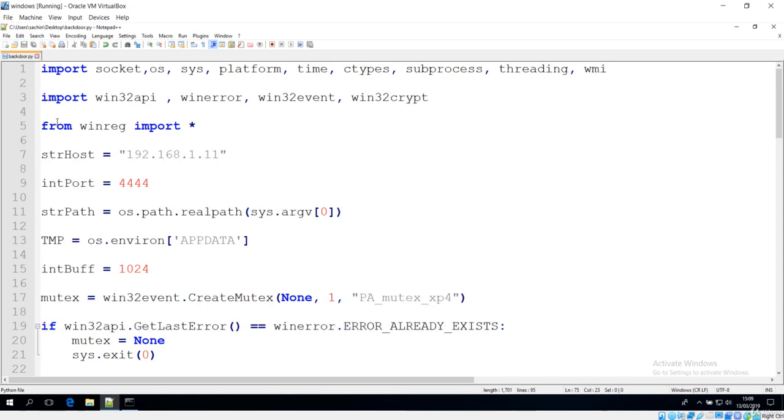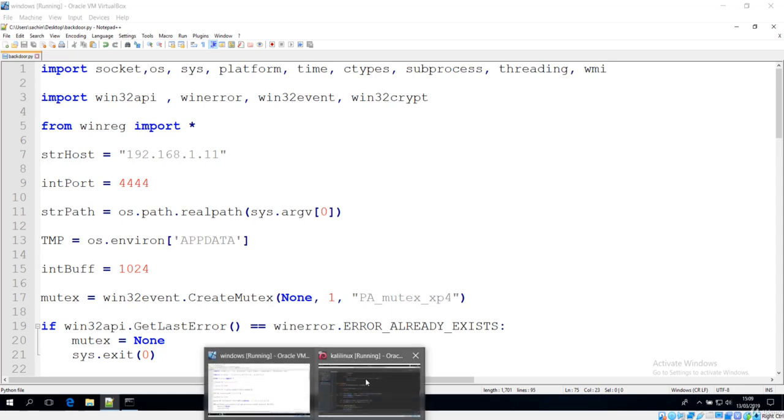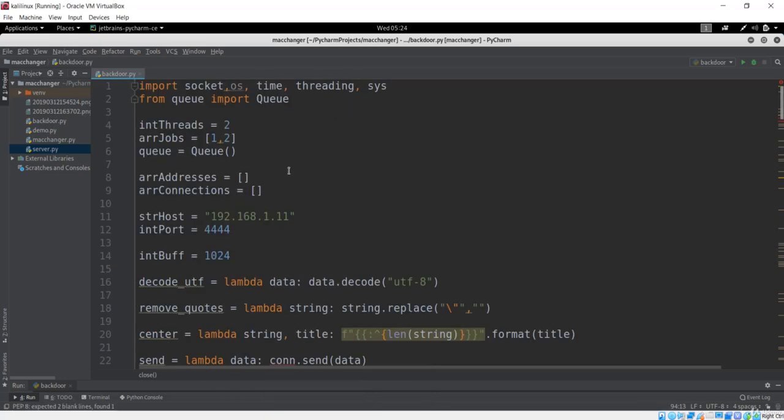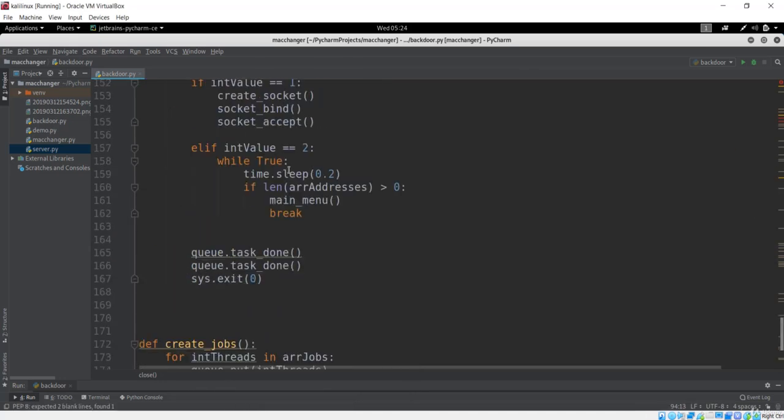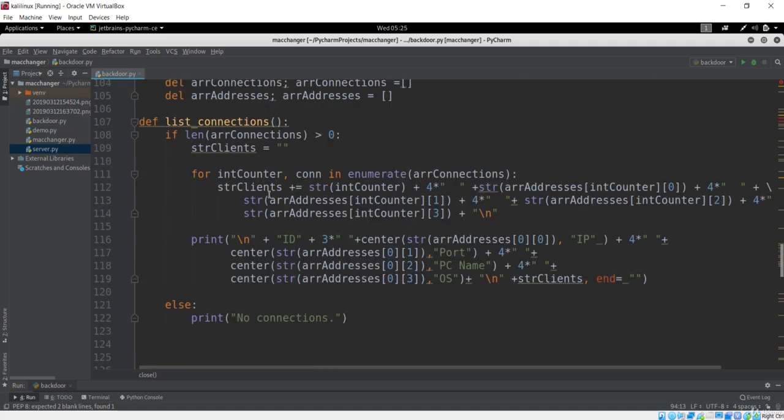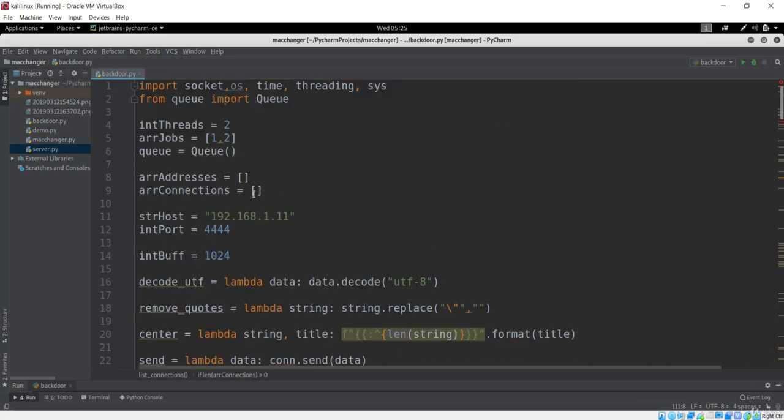Let me save this first, and let's go back to our Kali Linux and make that server. This is our backdoor.py which we just made. We don't have anything over here because we don't have any backdoors like screenshot, sending a message to the client, making some movement, or executing commands on the machines. That is not yet covered, but we'll cover it in the upcoming lecture, which will be more interesting. But for now you can see we have this method which is list connections. So we can try to see if this connection works or not. Let's run this first.